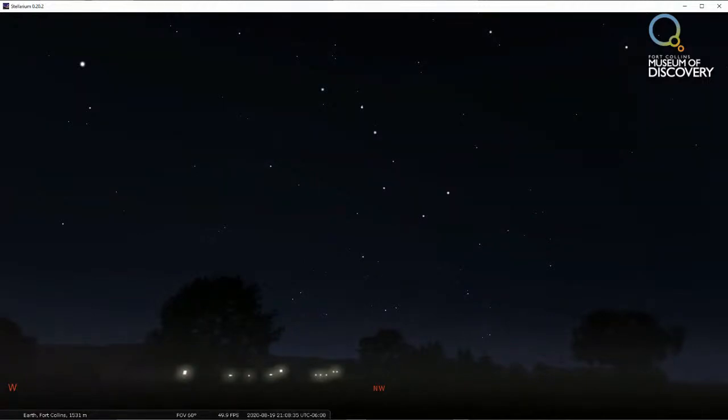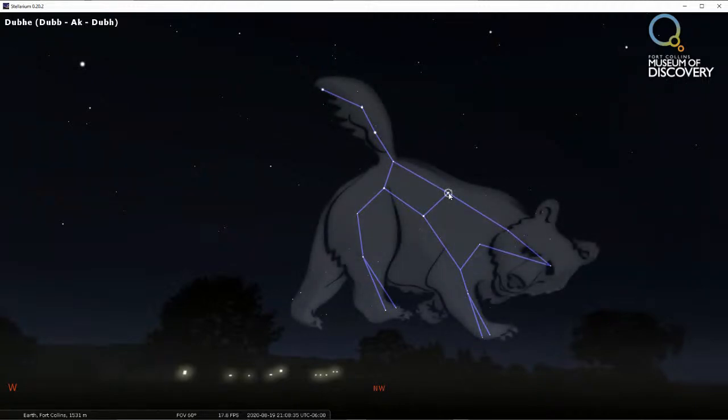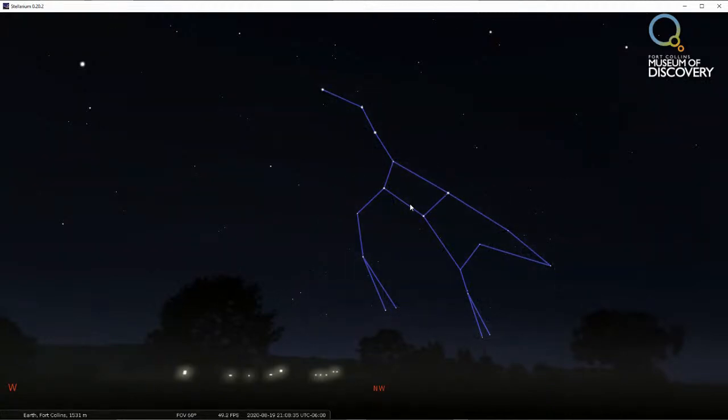And the asterism that I wanted to point out, you probably already saw it just now. I kind of gave it away, but it is the Big Dipper. And the Big Dipper is located here with these 7 stars, 1, 2, 3, 4, 5, 6, and 7. And the Big Dipper is an asterism that is part of the constellation of Ursa Major, or the Big Bear. And we're going to use the Big Dipper to find some other slightly more difficult objects to see in the